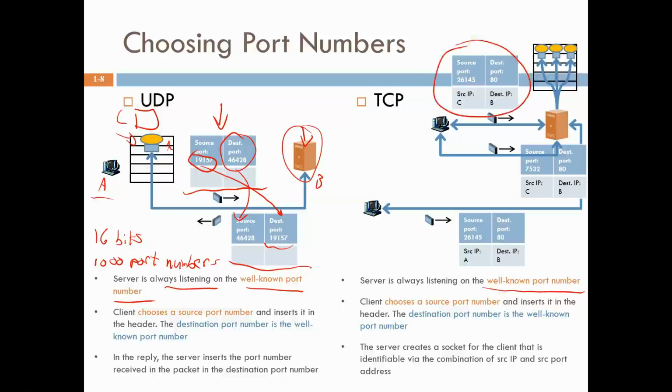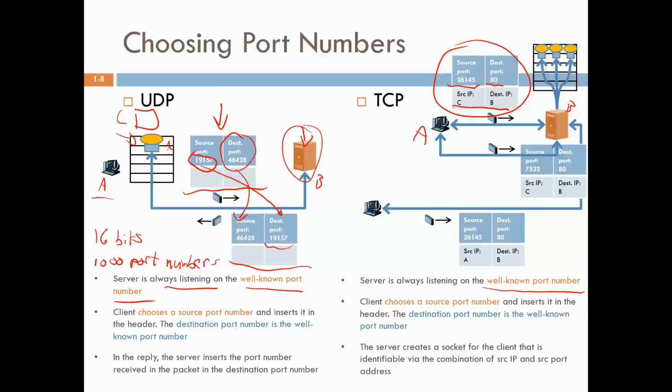Okay. Now, again, if this is client A and it wishes to send a TCP request to server B, the TCP request is going to carry a source port number, which is again generated by client A, and it has to be unique within all the processes in client A. The destination port number is the well-known port number. So if it's HTTP, the destination port number is 80. And the source IP address and destination IP address are inserted in the network layer anyway. So this TCP request will make its way to B, and it will generate a communication socket and respond with the TCP response back to A. Okay. Now A can start sending packets, and the packet is going to be identified at B using these four